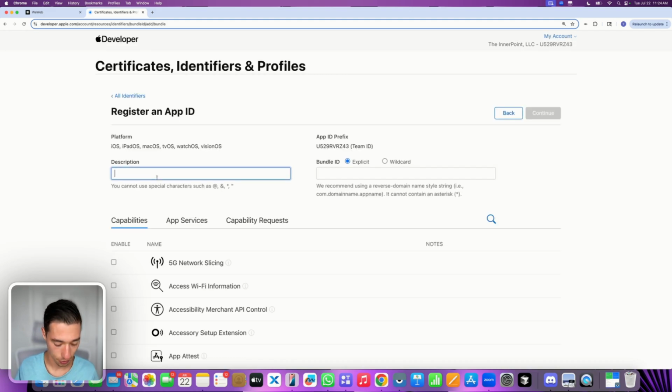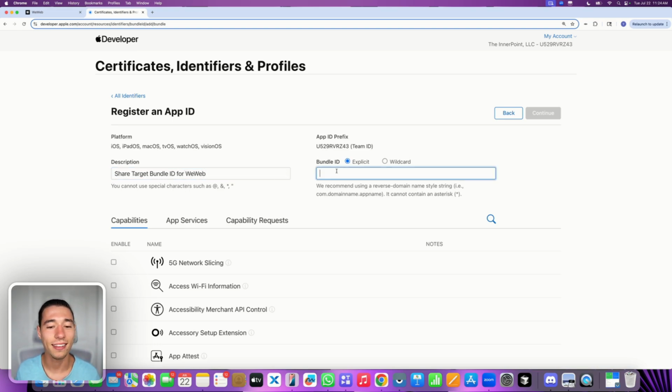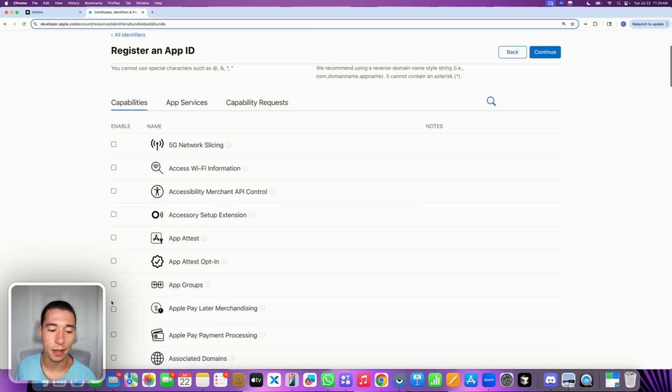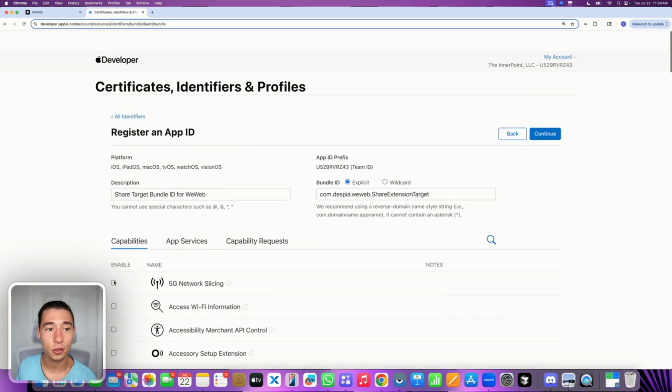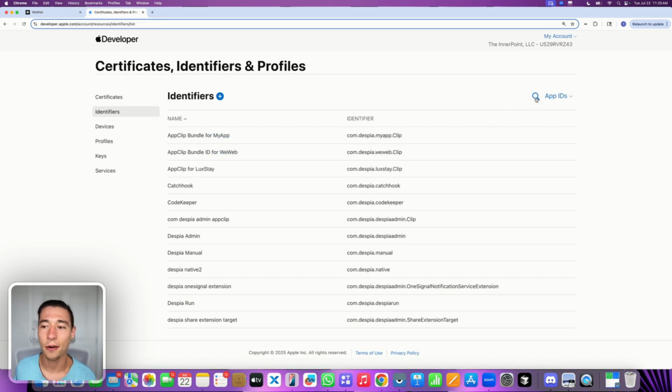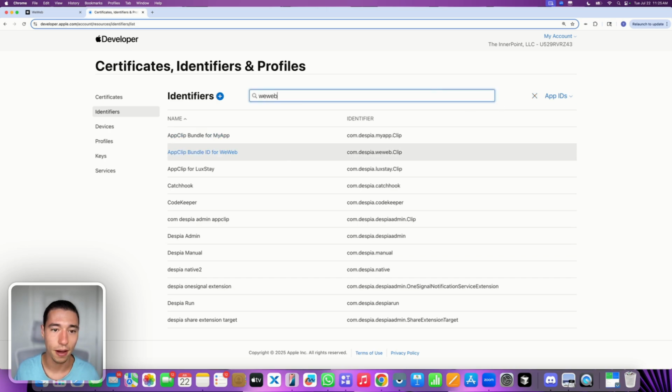I will call this share target bundle ID for my app name. There you go. And then I will do bundle ID. I will paste it. I will do explicit, and then I will do enable the capabilities app groups, and that should be it. Now I'm going to continue, register, and now I'm going to look again for my app name,